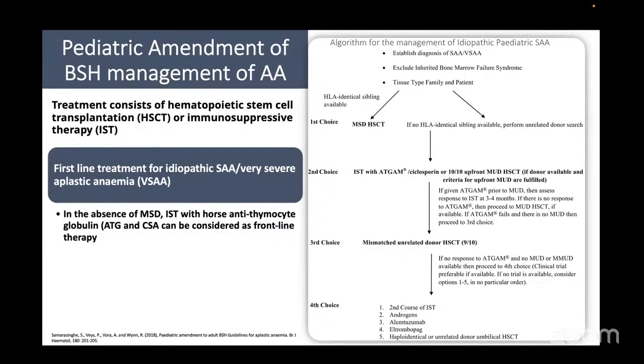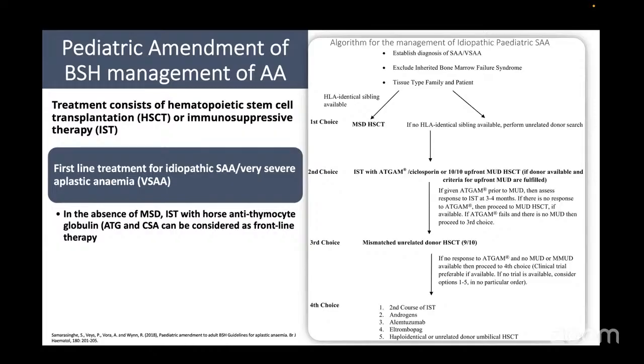So if ADGAM is given prior to MUD, then assess the response to IST at 3-4 months. If there is no response, then we go to MUD HSCT. And if ADGAM fails and there is no MUD, then we proceed to the third choice, which is a mismatched unrelated donor. If no response to ADGAM and no MUD available, then the fourth choice, which is a